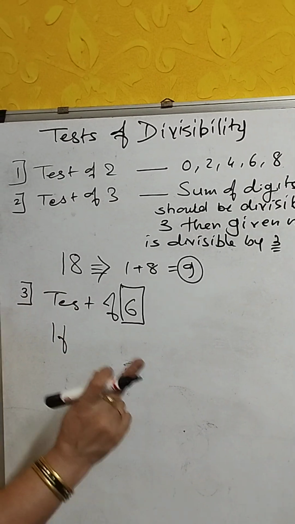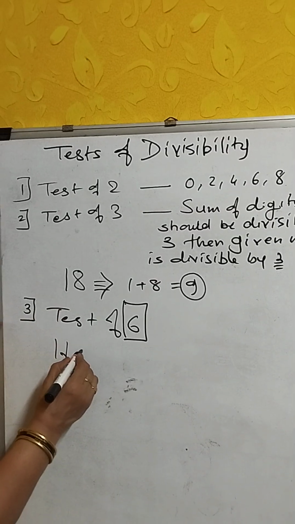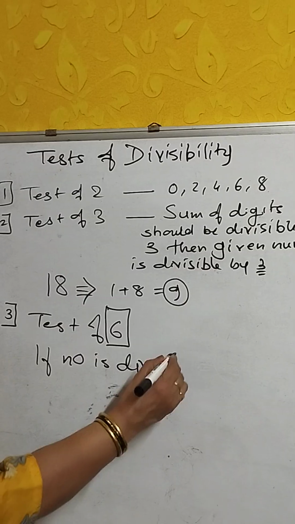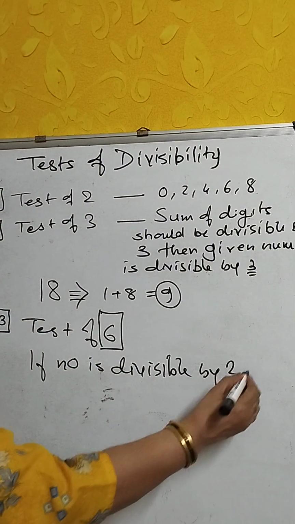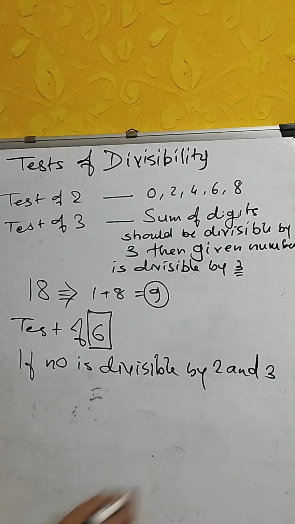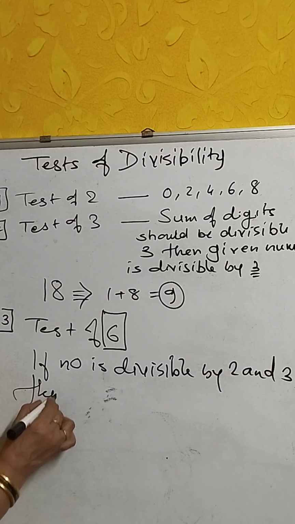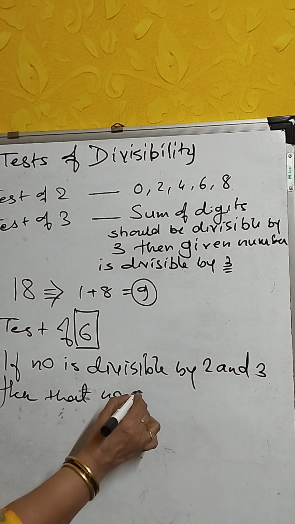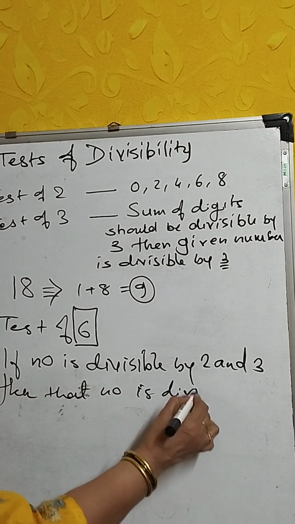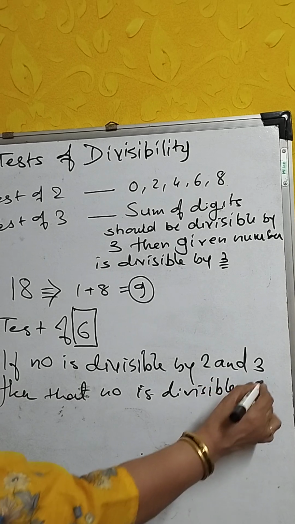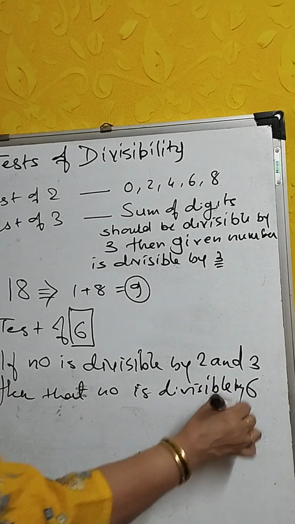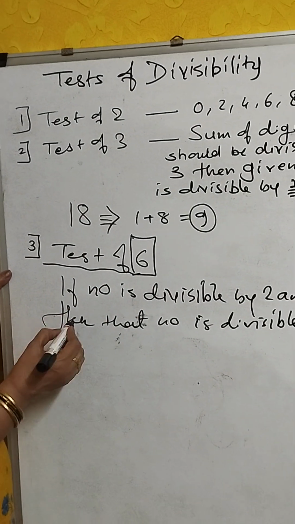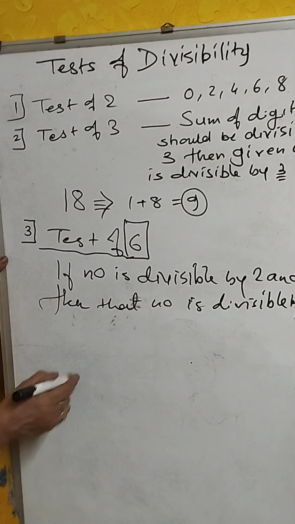If a number is divisible by 2 and 3, I repeat, if a number is divisible by 2 and 3, then that number is divisible by 6. See, very simple test. Test of 6. Okay. What does it mean? For example,